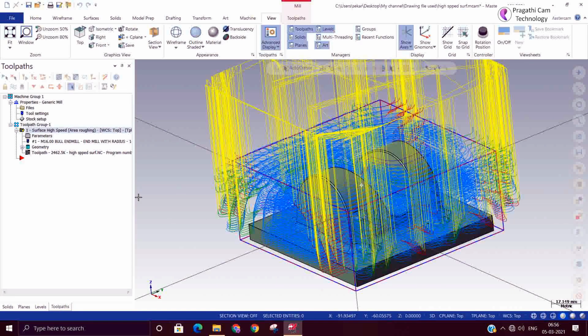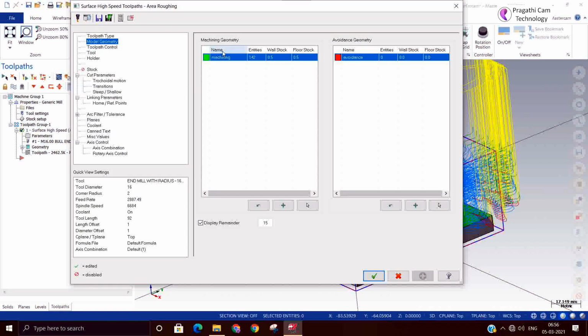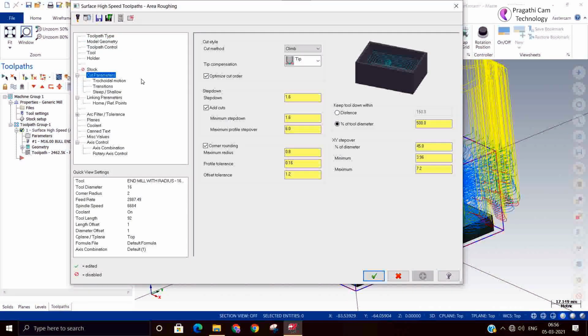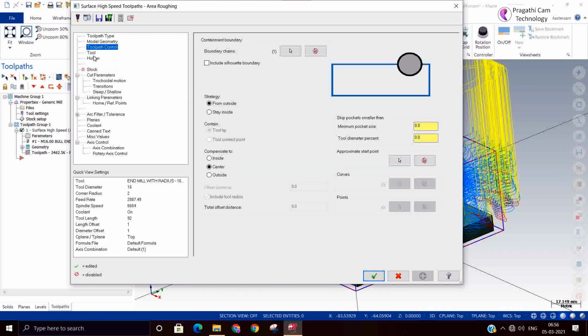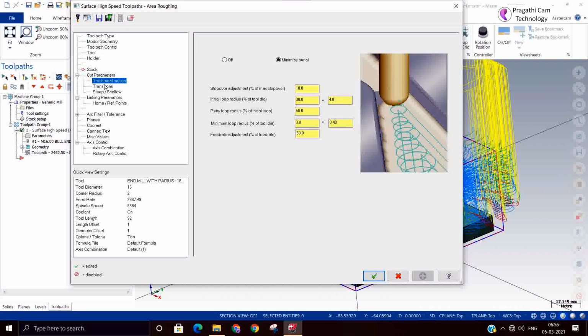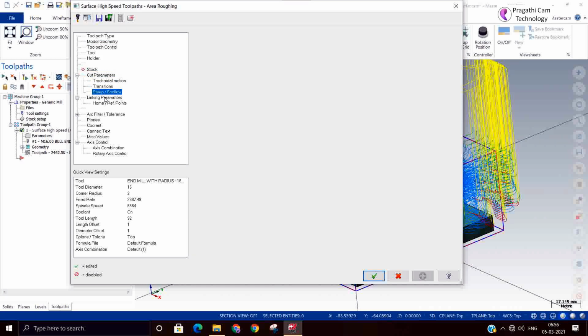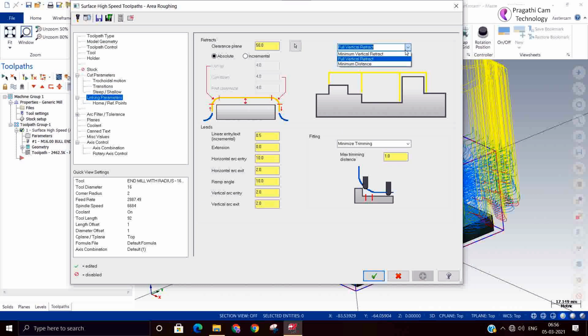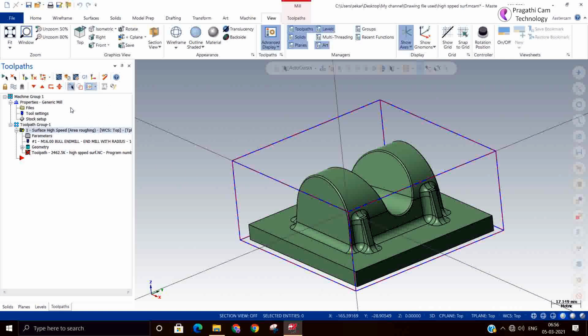There are huge retractions. I'll just check the parameters. Here I'll change the minimum vertical retract and output feed moves. I'll give above part 4 mm. Then again regenerate.